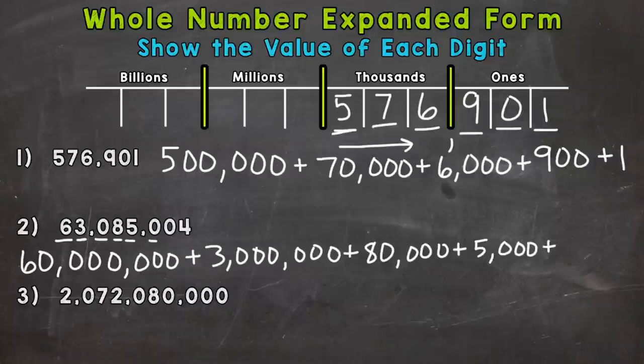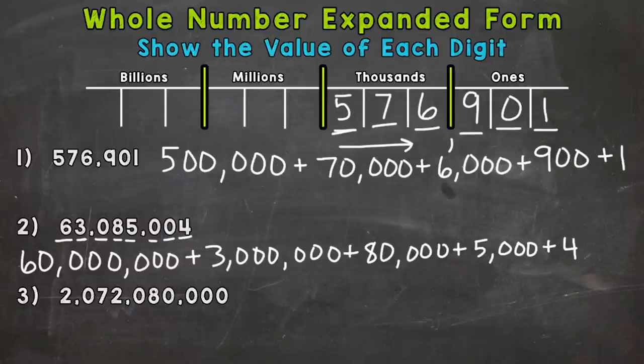Plus, we have a 0 in the hundreds, 0 in the tens, so our next digit here is that 4. So a 4 in the ones has a value of 4. And there you have it for number 2. So we have the value of each digit expanded out. So on to number 3 here, where we have